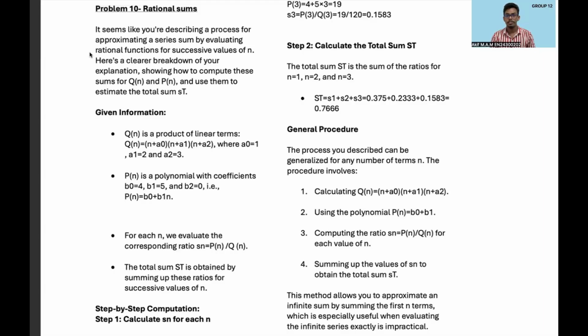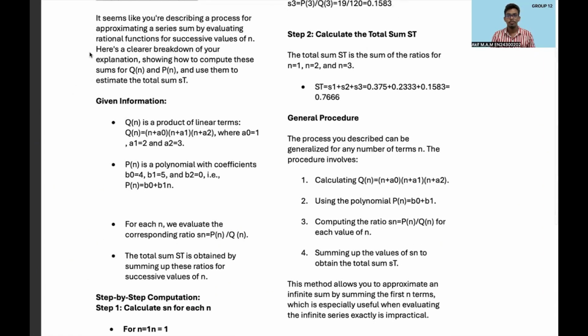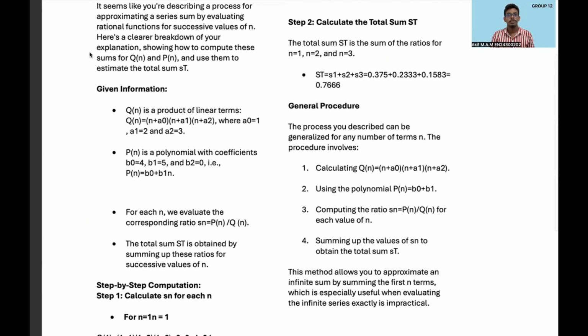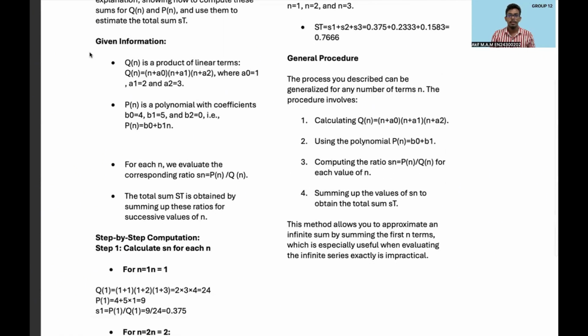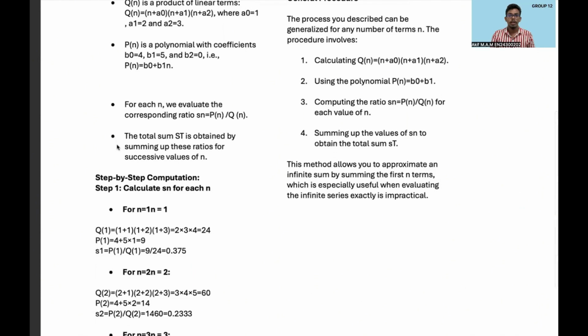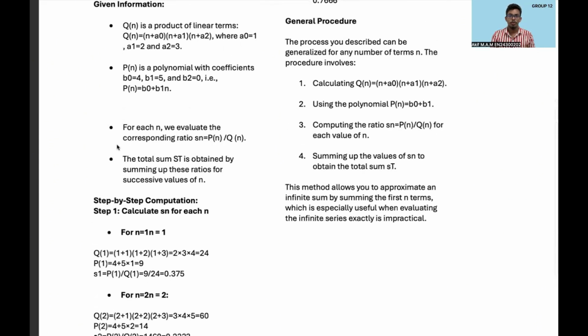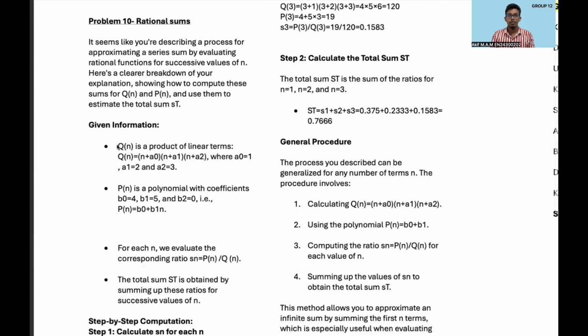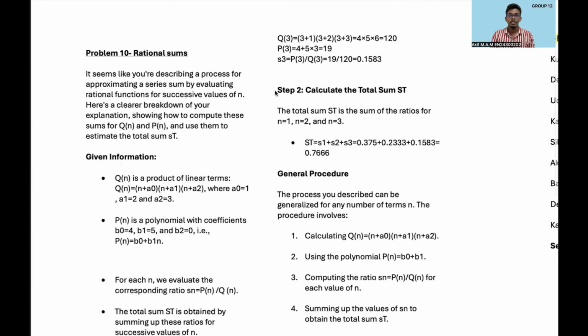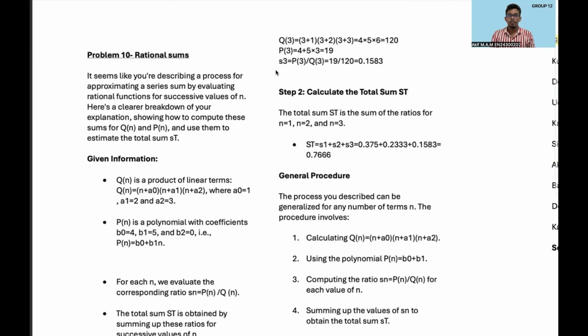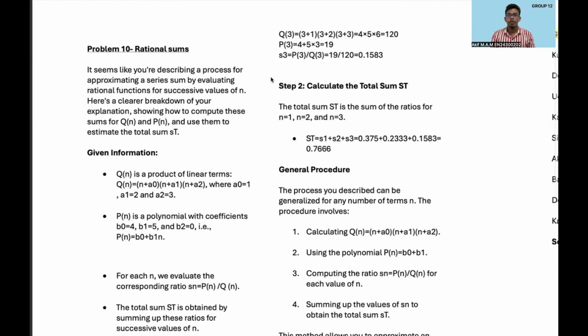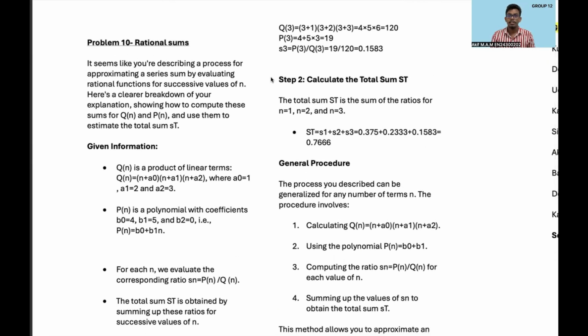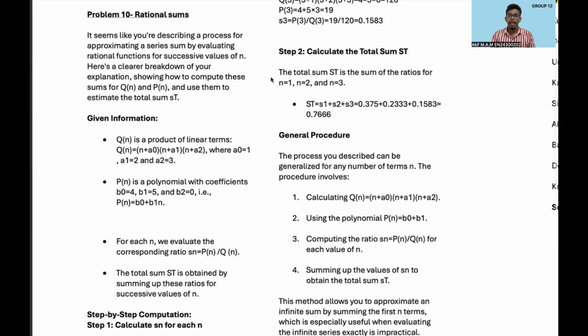Let me explain rational sum. First, we define two components: Qn, a product of terms based on the number, and Pn, a simple polynomial. Second, for each number n, we calculate Pn over Qn, a ratio. For example, for n equal to 1, we calculate Q1 equal to 24 and P1 equal to 9, giving 0.375. Similarly, for n equal to 2, we get 0.233, and for n equal to